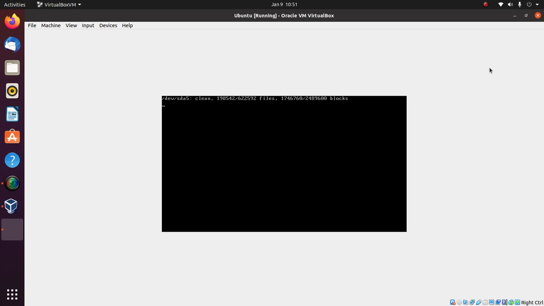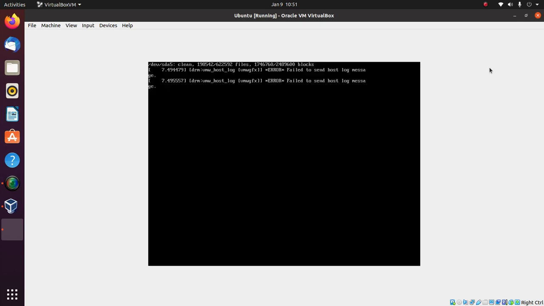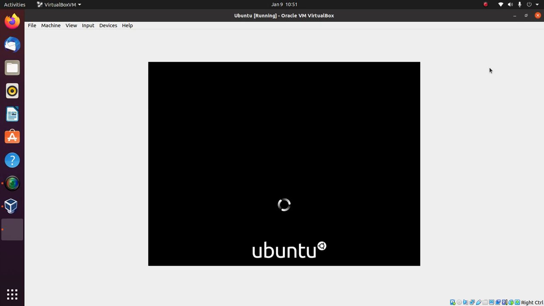So that's about the process of installing Ubuntu in a virtual machine. After the installation, the first boot of Ubuntu is happening now. The installation time varies between 10 and 15 minutes. Sometimes it may even take 20-25 minutes based on the speed or configuration of your machine. Now Ubuntu is starting for the first time.